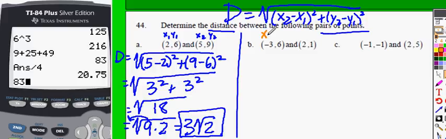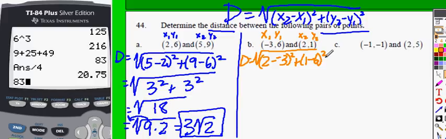I'm going to now call this one x1, y1, x2, y2. I'm going to plug in these values. We're going to say 2 minus negative 3 squared plus 1 minus 6 squared. 2 minus negative 3 is like 2 plus 3, so that's 5 squared, plus 1 minus negative 6 is negative 5, and negative 5 squared. 5 squared is 25, and another 5 squared is 25, so this is 25 plus 25,